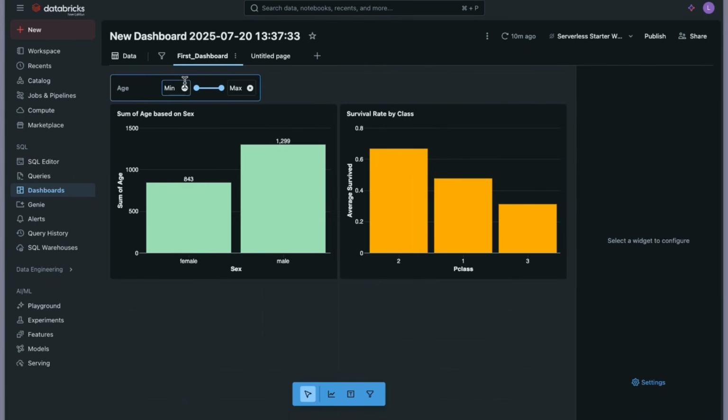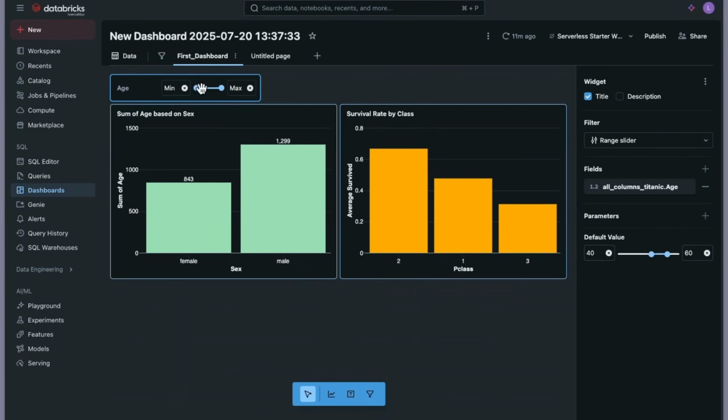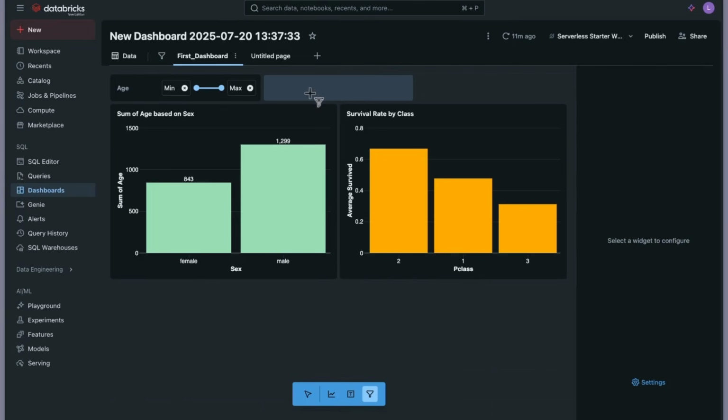Now I can just play around with this. Let's say that I want to have this a little bit 50, something like this. Okay, 51, 1.3. You can see this is being changed based on this. Now you can see we have the filter here. And from here you can play around with this, or maybe you want to have an additional filter, you can just